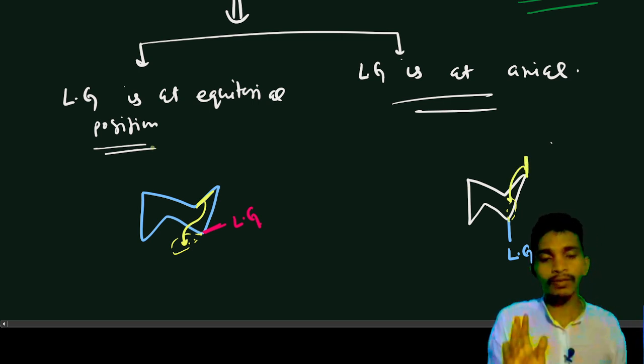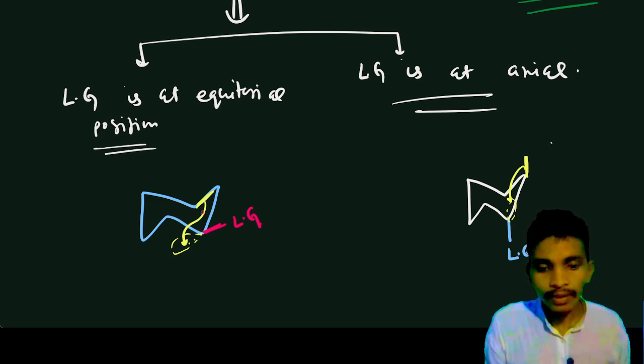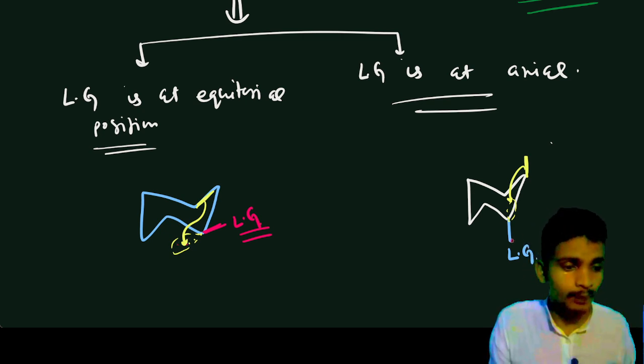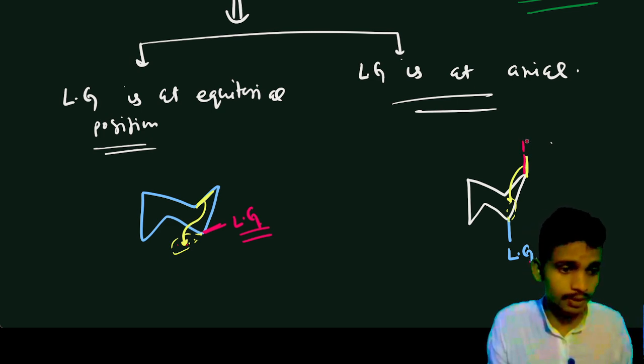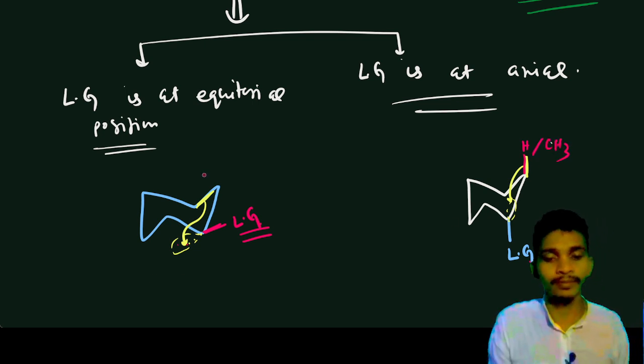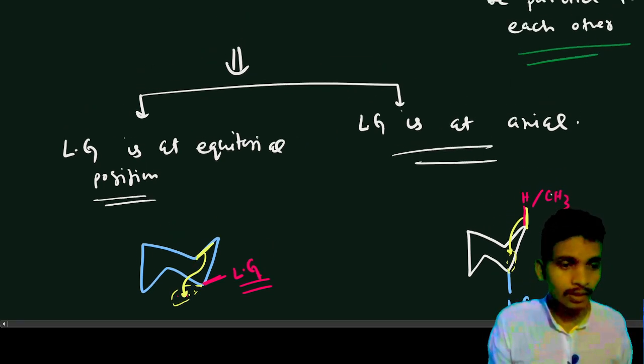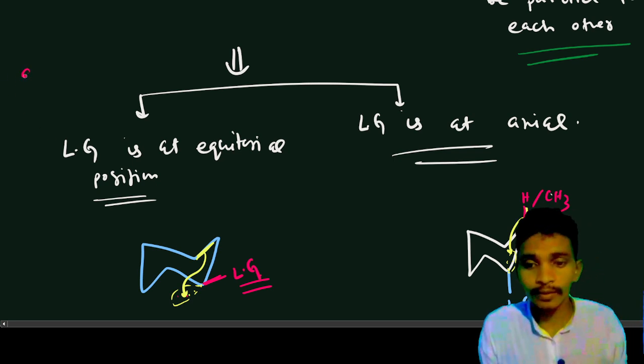So we have to keep in mind that if the leaving group is in this direction, then the antibonding will be here and this will attack here, and if the leaving group is in the axial position, then whatever group is there, let's say H or maybe CH3, will attack here. So this is the concept of the anti-periplanar relationship